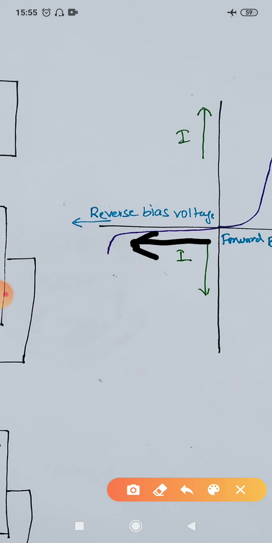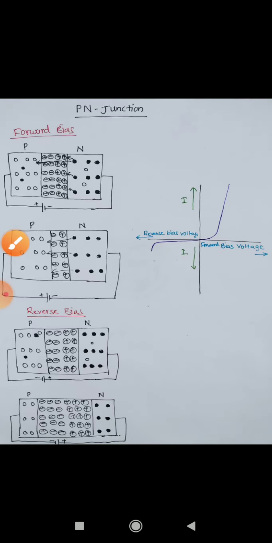But when the biasing voltage is sufficient, then the reverse current rapidly increases due to breakdown, that we will study in another video. This PN junction has so many applications in electronic devices as a switch.